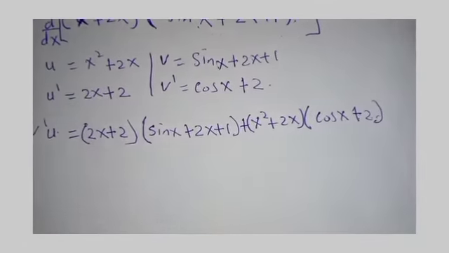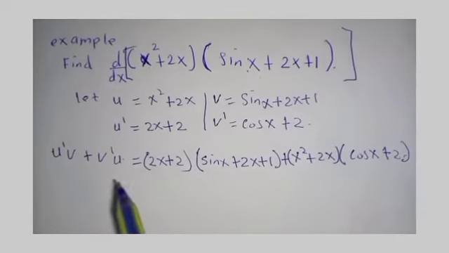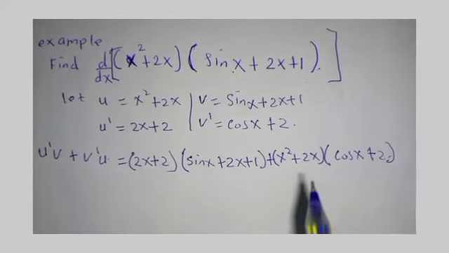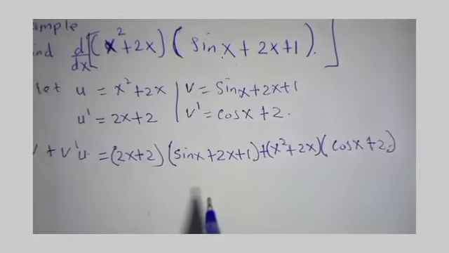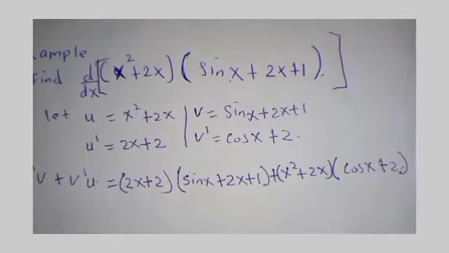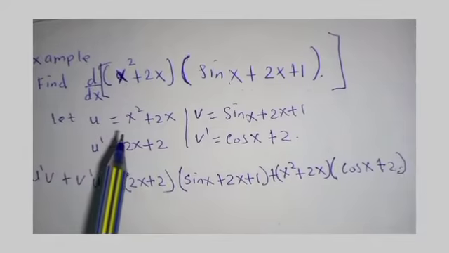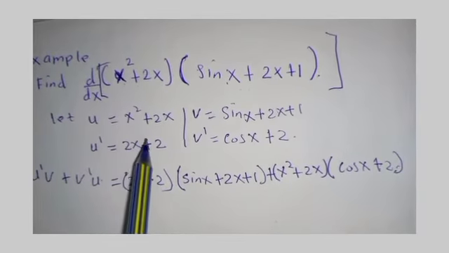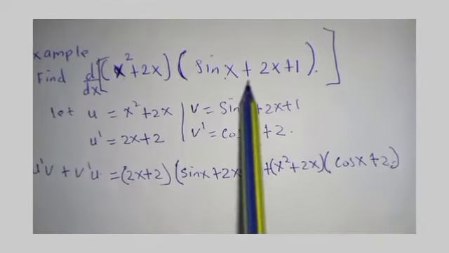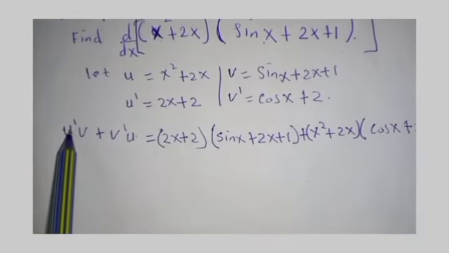So when you look at this, it cannot be simplified further. So we can leave it at this point. So that is how we apply the product rule to give us our result. So all you have to do is, when you have two functions, let the first function be u and differentiate u, then let the second function be v and differentiate v, then you apply this formula which says the first function